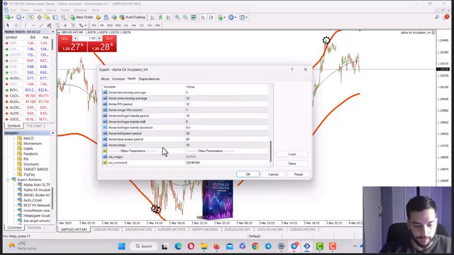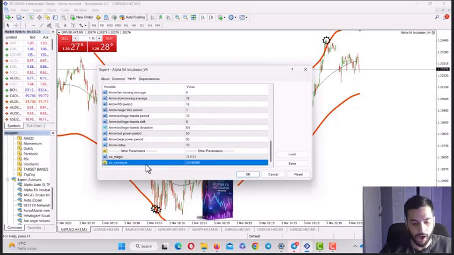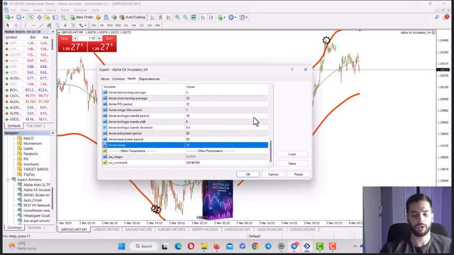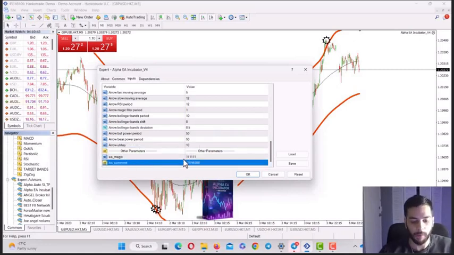So okay, guys, for this one, EA Magic and EA Comment. If you want to change EA Comment, feel free to do that. But don't try to change EA Magic, because some clients have tried to do it, and the EA stopped working for some reason when they changed the magic number. But you can still change the comments, because if you want to use it on a prop firm account or prop firm challenge, even if the comment is different, that's totally fine,